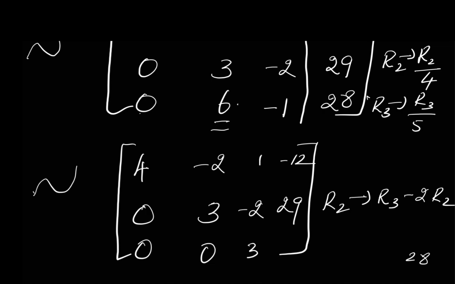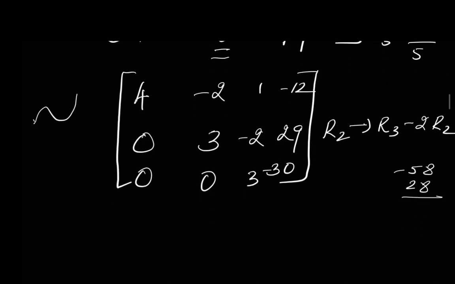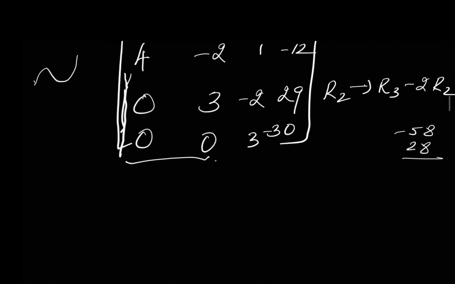28 minus 29 into 2 is 58. That is 30 we will get here. Different sign we subtract, so we will get 30. That also minus 30. So we got it in the row echelon form. See 4, 0, 0, 0. Triangular form. So with that you can solve the